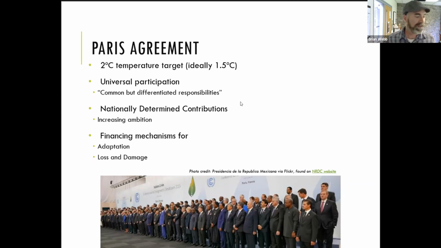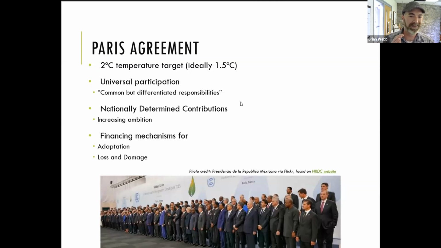that will help increase. So this has been a helpful framework for helping countries come together to be able to address this in a productive manner, and one where every country has a role and can participate in. Also includes, like with the Montreal Protocol, some financing mechanism for less developed countries, particularly around adaptation, adapting to climate changes, and loss and damage. Well, that's not funded yet and controversial.